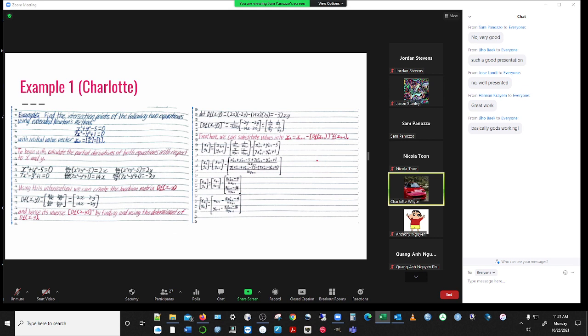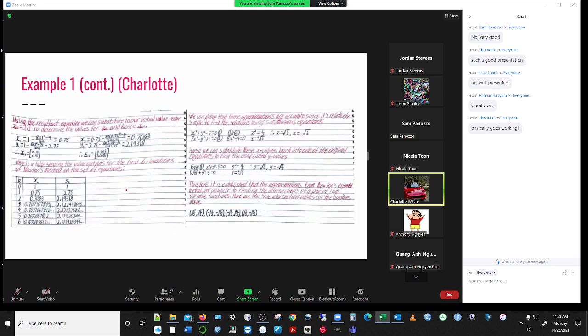This will let us simplify it, and we find a final equation for the method. Then we can substitute our initial values that we guessed earlier, and this will create x of 1 and y of 1. Then using the answers that result from that, we can find x of 2 and y of 2, and then you just keep going until the value converges to one number, as shown in